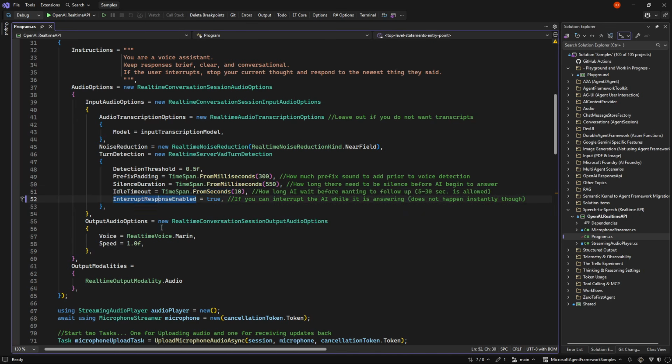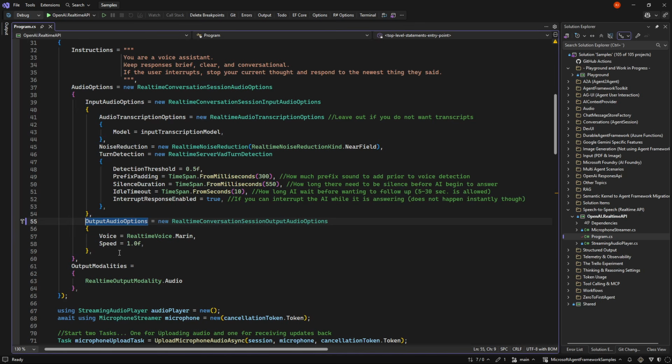And finally, we have if we want to be able to interrupt, meaning in the middle of the AI speaking, if we want to say something else, whether that should happen or it should finish its sentence. It doesn't happen instantly, but at a certain point in the longer response that it gives back, it can stop itself and begin to answer the follow-up question.